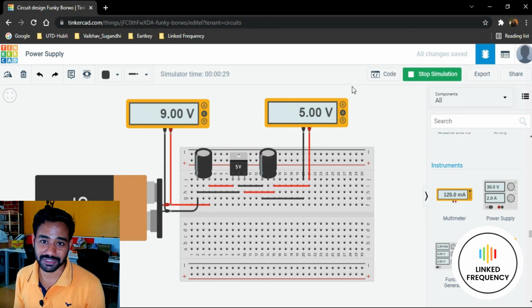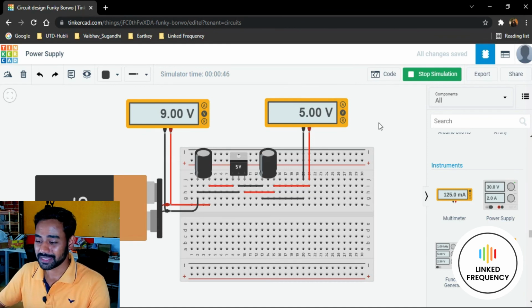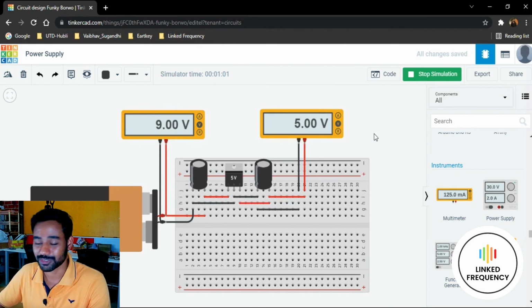When I started learning electronic circuits, if I had this particular platform, I would never have burnt a lot of components. In fact, I literally made a lot of components crack all the time when I was experimenting in my lab, and I literally made a lot of mistakes when I was learning. If I make mistakes on this particular platform, it's not going to cost me anything. It's just my time and also a couple of KB, or maybe MB, of internet. But when I burn components in reality, I literally lose a lot of money. So this is wonderful technology, and I personally feel that you are learning this technology and you must be very proud about this one.